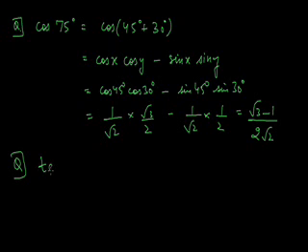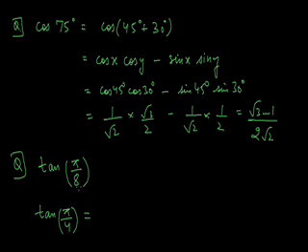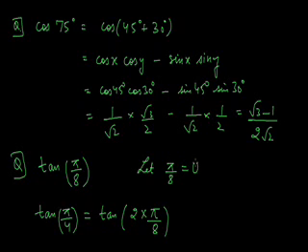If you need to find the value of tan pi by 8, now we know that pi by 8 is not a standard angle. So let's take some standard angle. If you talk about tan of pi by 4, then tan of pi by 4 is a standard angle. And you can split pi by 4 in terms of pi by 8 like this. Pi by 4 is basically 2 into pi by 8. So if we take pi by 8 as theta, then pi by 4 is basically 2 theta.